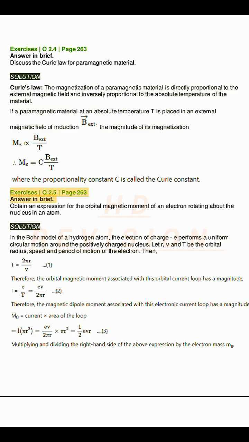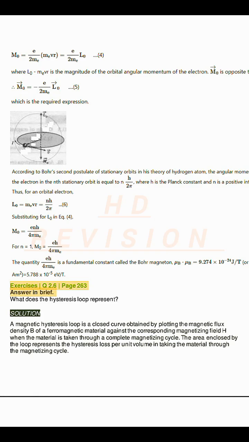Exercises Q2.5, page 263. Answer in brief. Obtain an expression for the orbital magnetic moment of an electron rotating about the nucleus in an atom. Solution: In the Bohr model of a hydrogen atom, the electron of charge e performs a uniform circular motion around the positively charged nucleus. Let r, v and T be the orbital radius, speed and period of motion of the electron. Then,